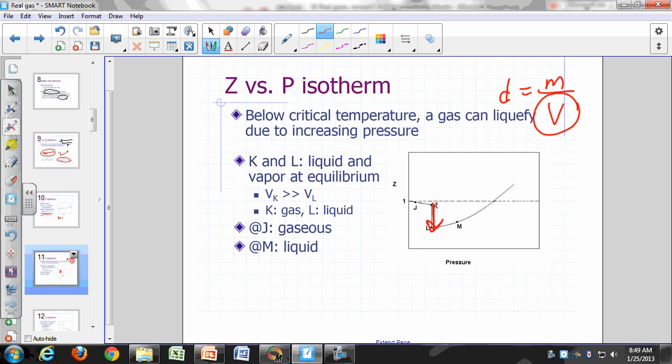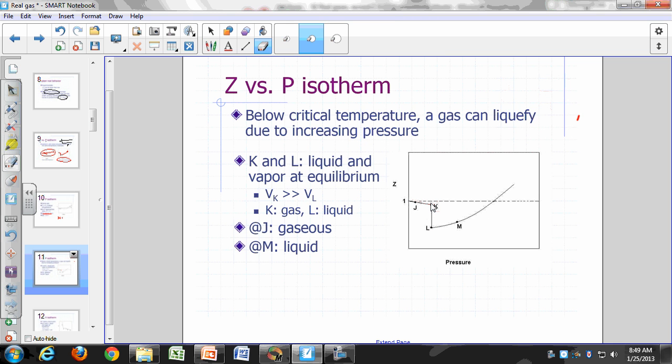A big shrinkage in the volume would make it more dense. So your gas suddenly becomes much more dense. So what actually happened there is it turned into a liquid. All right. So what we have here for this particular isotherm at this particular temperature, this pressure where this happens